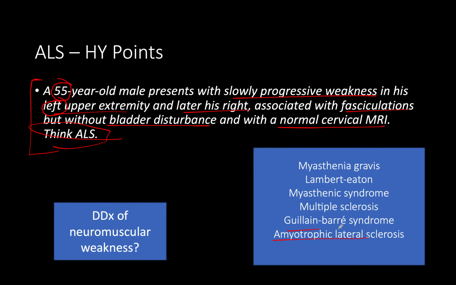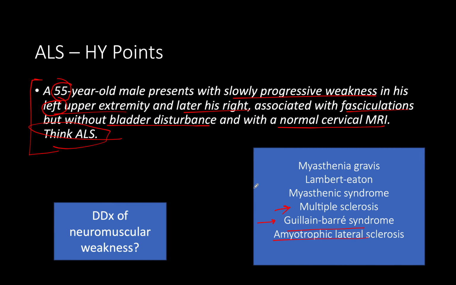ALS we talked about, Guillain-Barré. So Guillain-Barré is going to be an ascending paralysis rather than descending. So it's going to start in the extremities and then ascend. Multiple sclerosis will affect different areas of the body at different times. Look for a patient with a history of blurry vision when they're hopping out of the shower and things like that. For whatever reason, hot water makes it worse. And so that's common in multiple sclerosis.